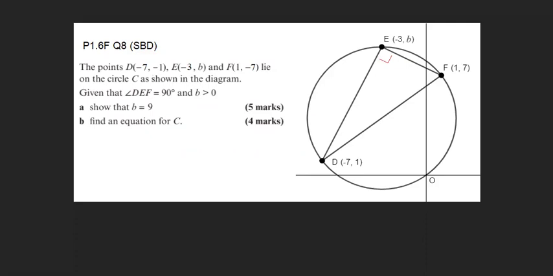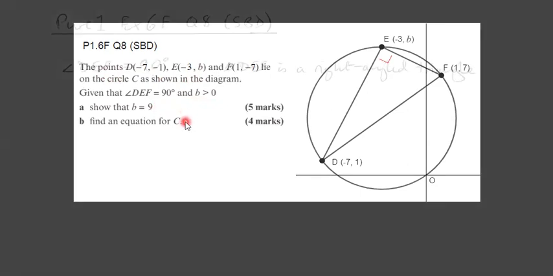This is a similar but different question from Pure 1, exercise F, and it's based on question 8 from that exercise. So we're given 3 points, but for one of the points we're only told the x coordinate, not the y coordinate, and we're told that the angle at E is 90 degrees and that B, the unknown, is more than 0. So we need to first of all show that B must be 9, and then we find an equation